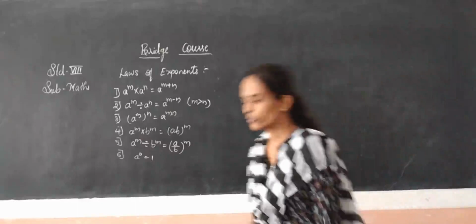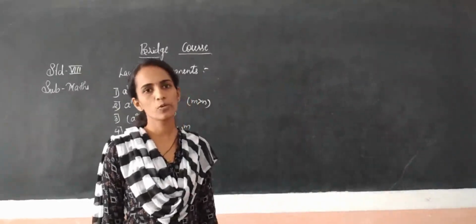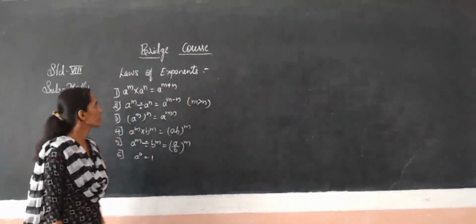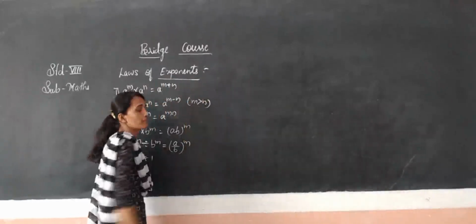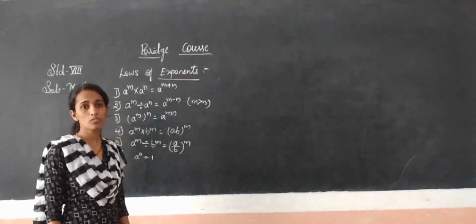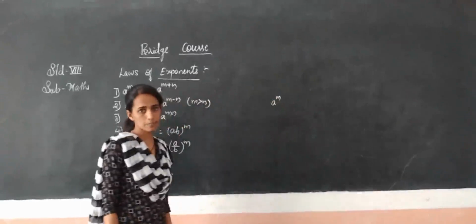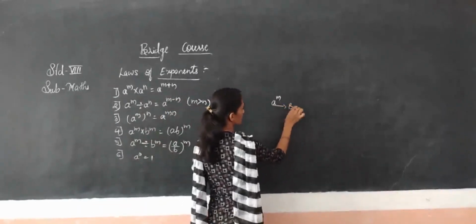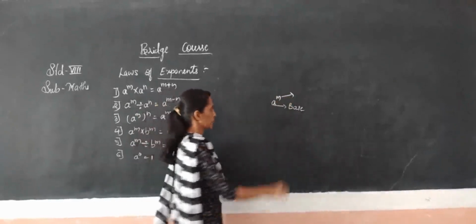So now, laws of exponents. Last year you studied the laws of exponents with examples also, so we will revise that a little bit. Before the laws, we have to go to the exponent. Exponent means what here? The number which we write in the form of a raised to m. So those numbers we call exponents. Here a is called the base and m is called the power, otherwise the exponent.